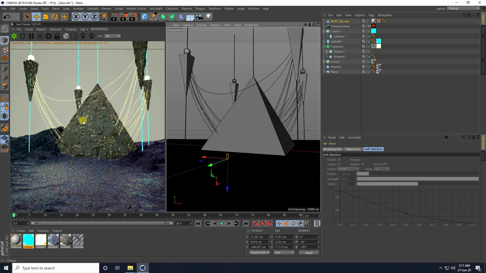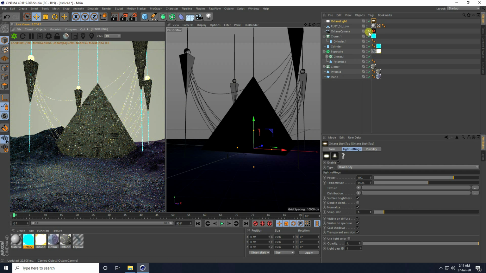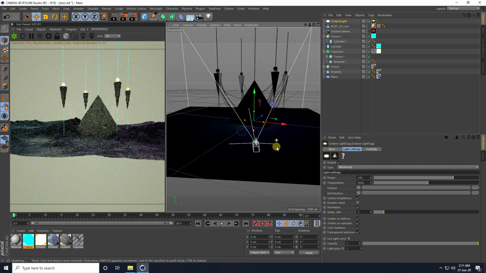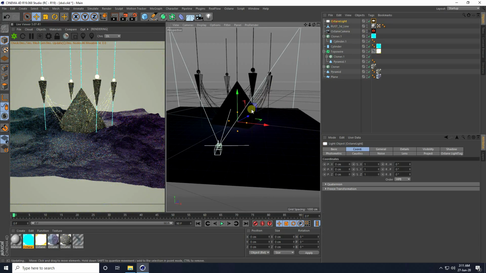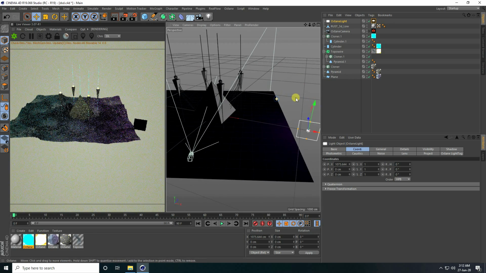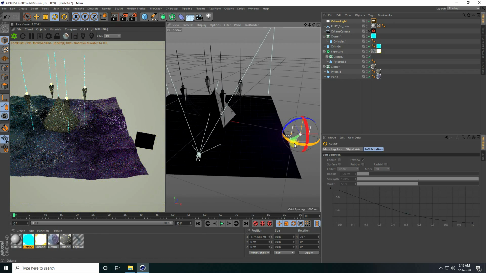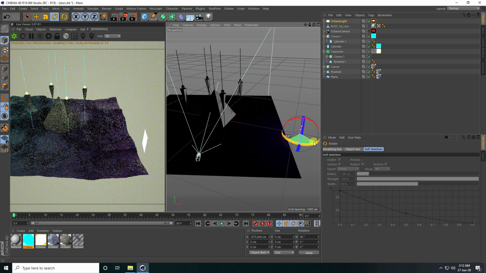Now I apply lighting. So use area light. So I go to object and use area light. Uncheck camera. And guys, select this light. Go on here, simple, right side, and rotate. Rotate 90 degree.